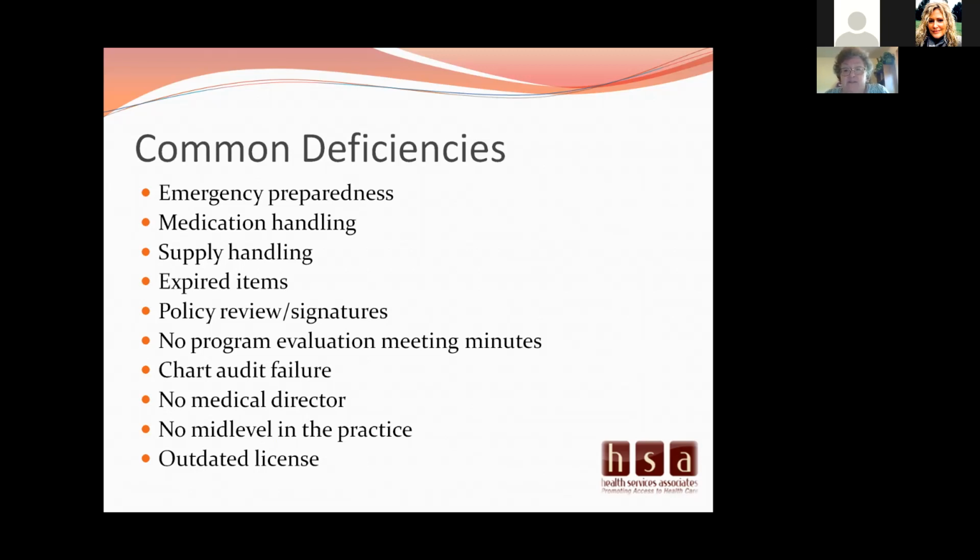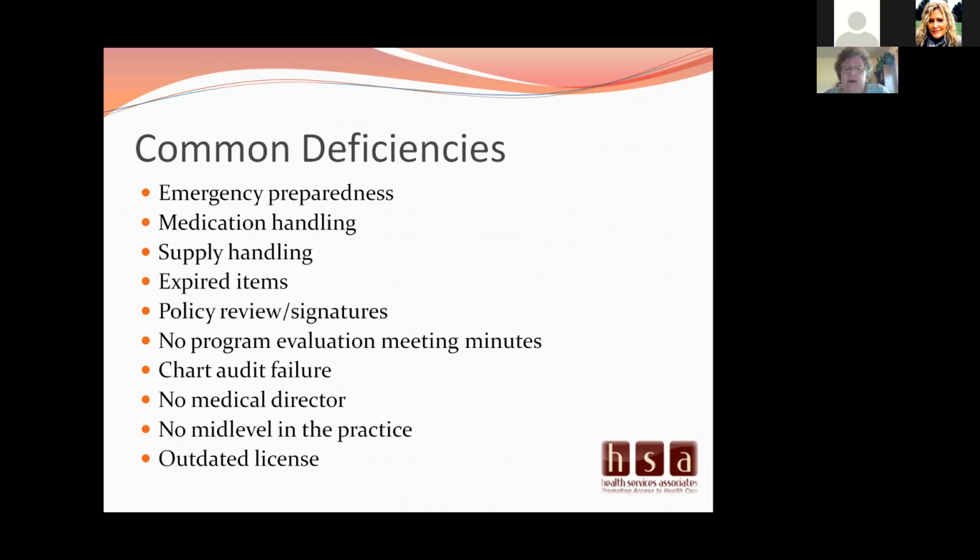Never receive it if it's already beyond the expiration date. Because remember, it's not Central Supply that's going to get the deficiency and the POC. It's the clinic. So as your staff are receiving supplies, medications, lab tubes, any of those kinds of things, make sure that they are not expired or extremely close to expiration date and that you're going to use them up before that.